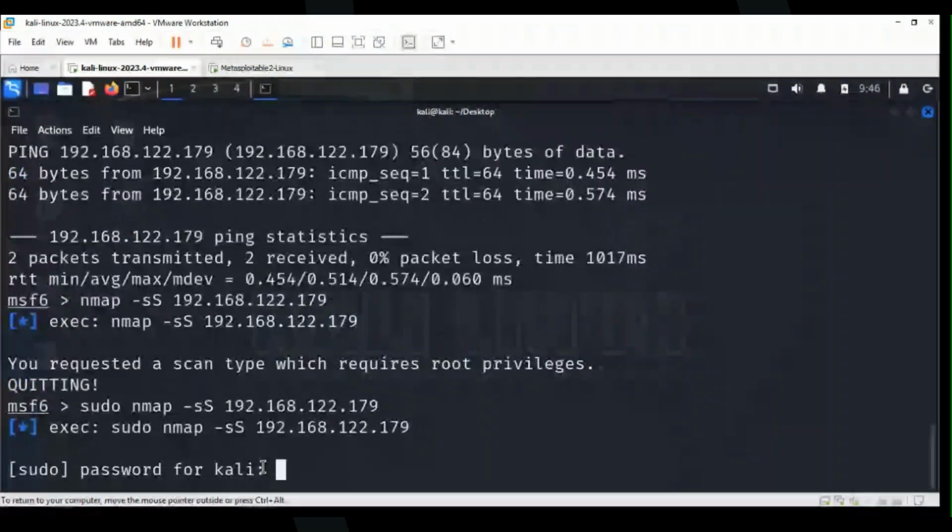Press enter and type the password, Kali itself,